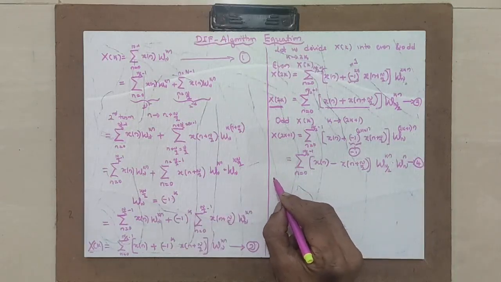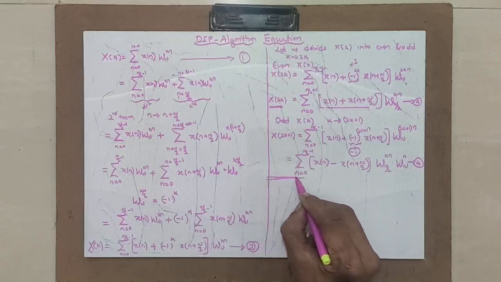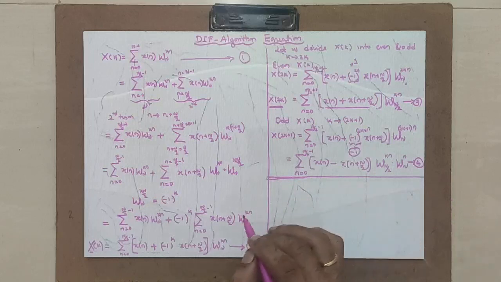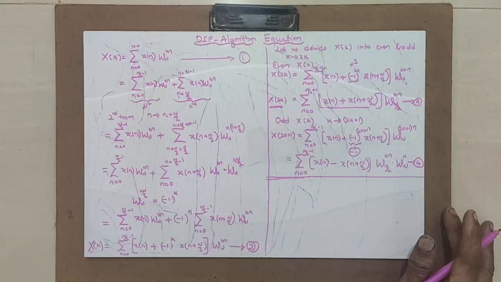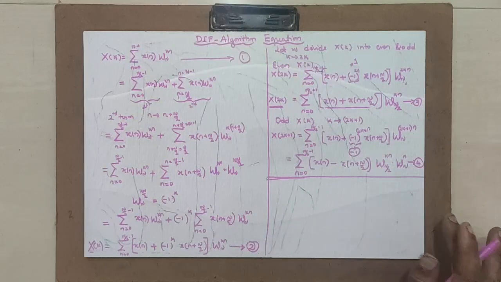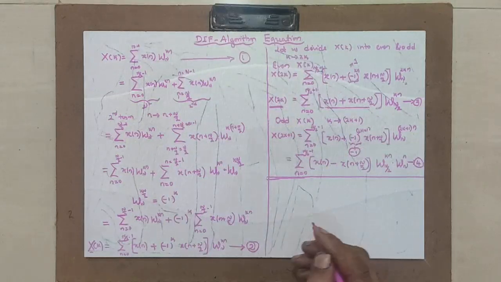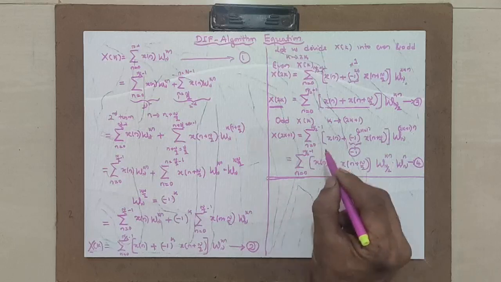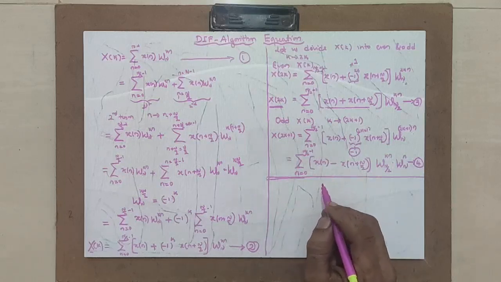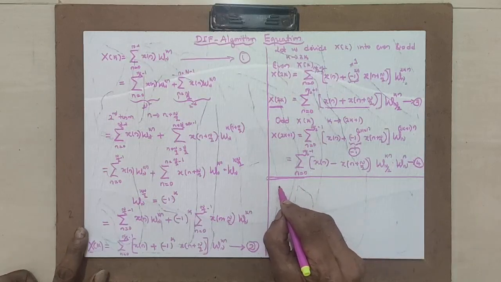Now I have all the equations here. I will try to put the first order decimation of the DIF algorithm here only. You know the full flow diagram, correct? But this is the equation which is leading towards the full flow diagram. Let me put in a very short form the concept with the flow diagram for first order, because whatever space is there, I will try to use it.